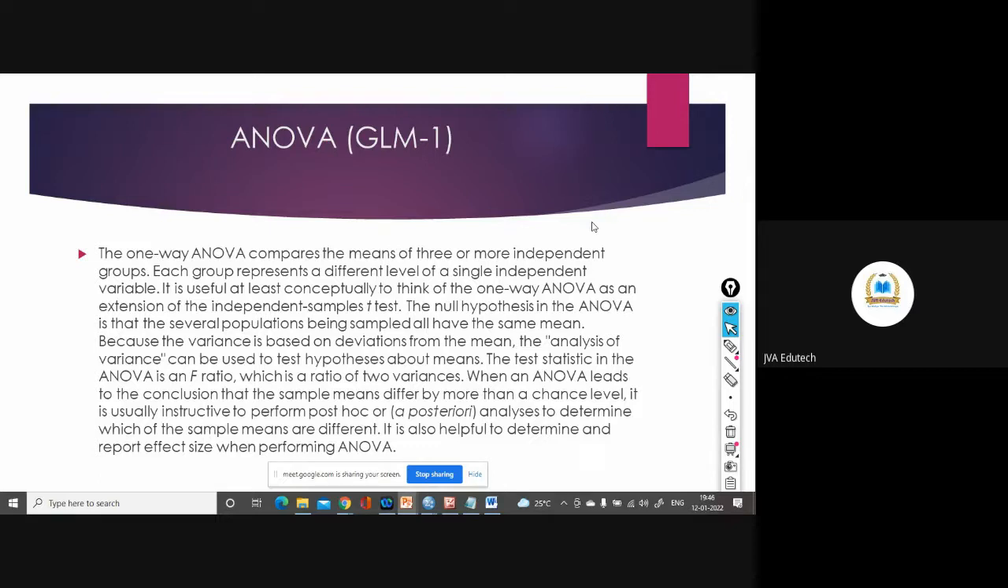After conducting ANOVA, you come to know whether there exists a significant difference between the means. ANOVA will tell you whether there exists a significant difference between your samples, your group means. If it says there exists no significant difference, stop there. If it says there exists a significant difference, then you have to move on to the next step, which